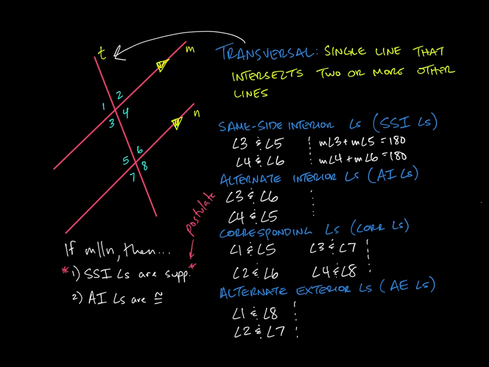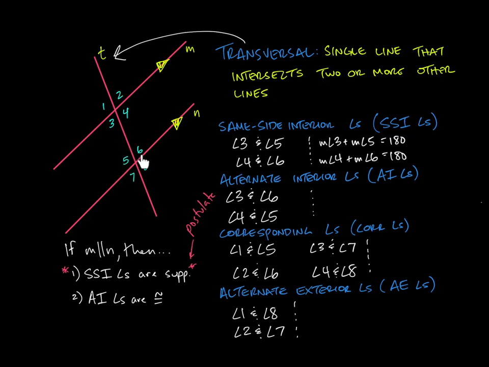Now, if that's true, so if angles 4 and 6, for instance, are supplementary, we already know that angles 5 and 6 would also be supplementary because they form a linear pair. Right? 5 and 6 are a linear pair. 4 and 6 we're assuming are supplementary because the lines are parallel and they're same side interior angles. And so now we can see that we would have angle 4 and angle 5 that are both supplementary to